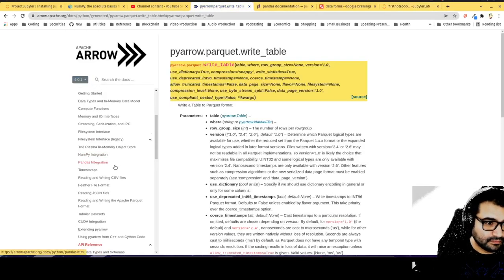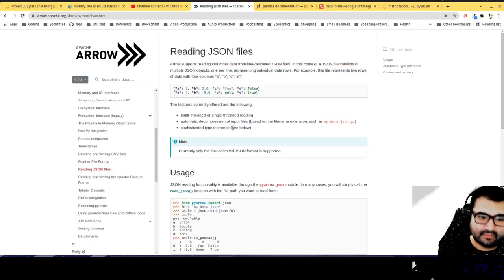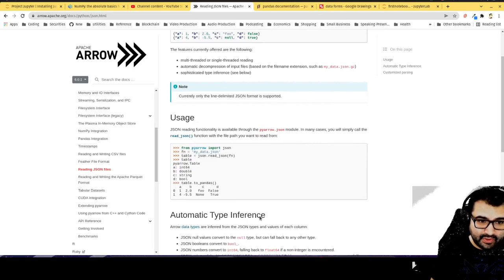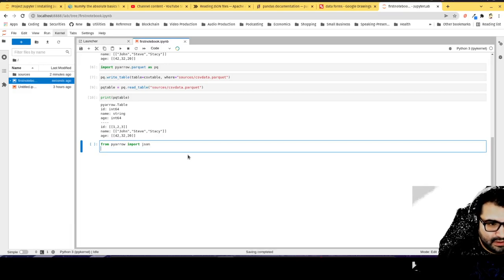Cool. So then we're going to go over here to reading JSON files. Okay, and usage. So we'll import from Pyarrow, import json. So let's add that in there, and then the function is going to be json.read_json. Simple enough. Okay. So from pyarrow import json. Okay, and then json.read_json